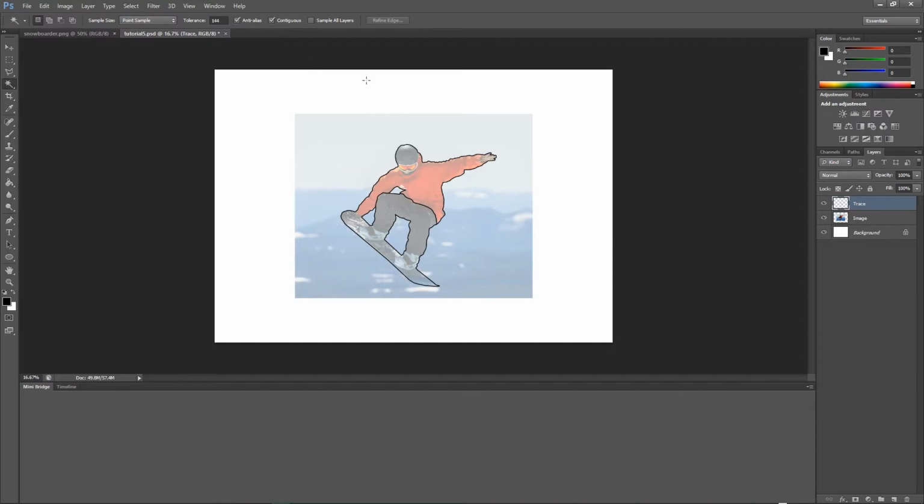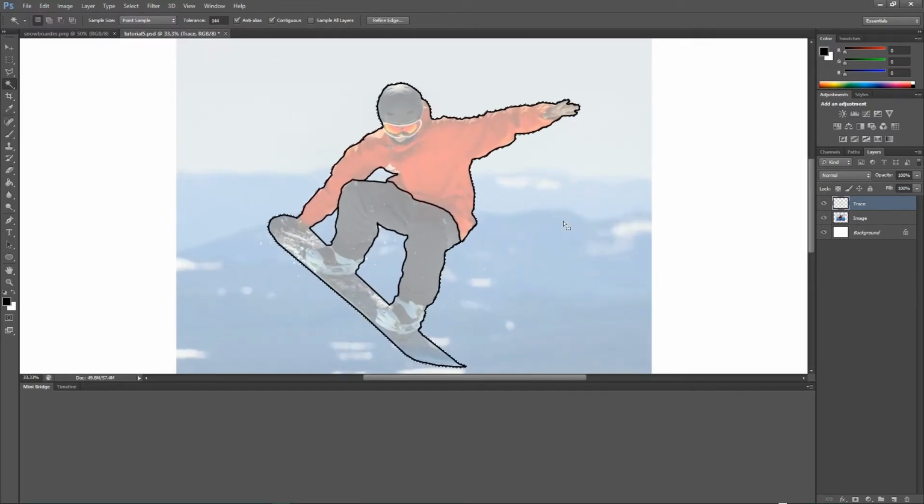So here I go. I'm going to click on the outside of the trace like that. And then there's three more outside parts here between the legs. I'm going to shift-click to select those. Between the wrist and the boot, shift-click on that. And the armpit here as well, shift-click there. Okay, so I've now got the whole outside